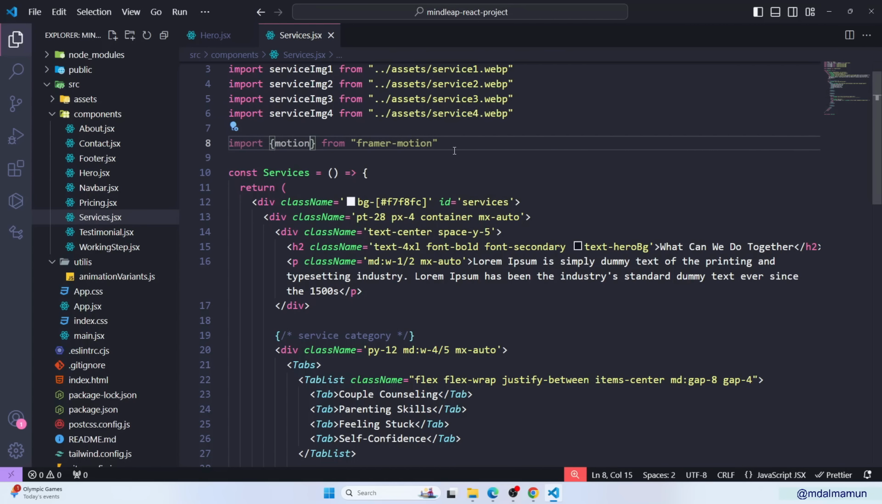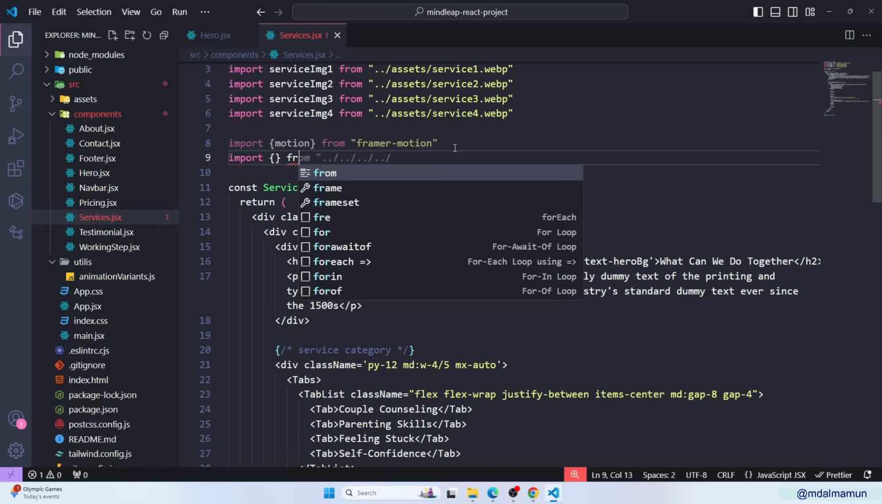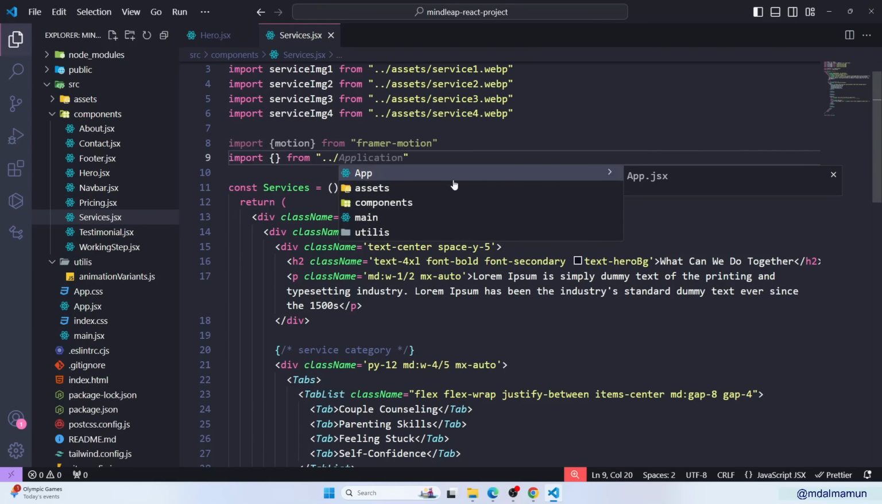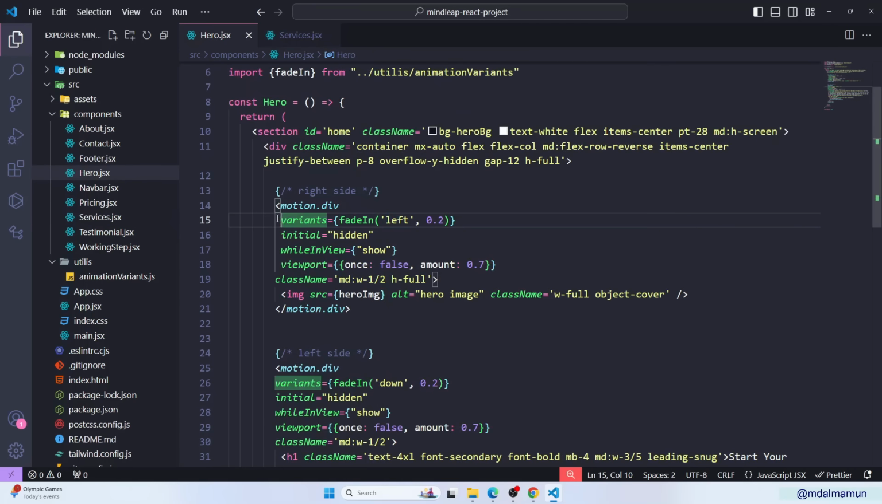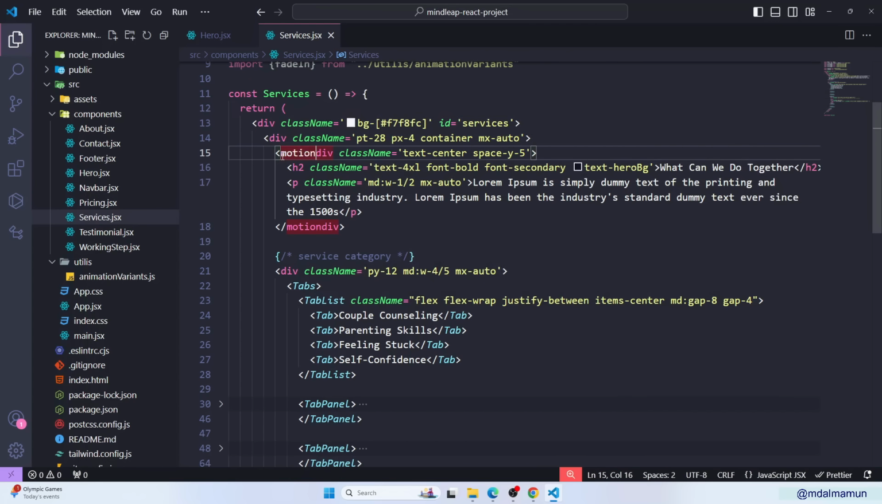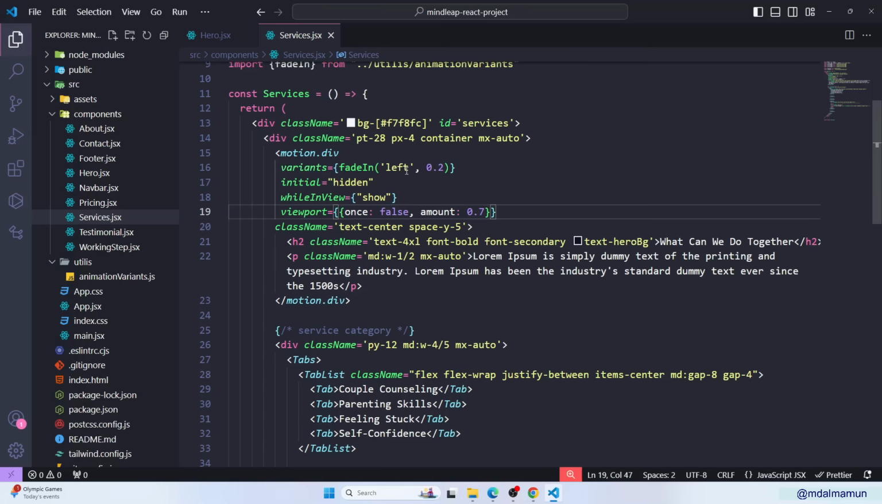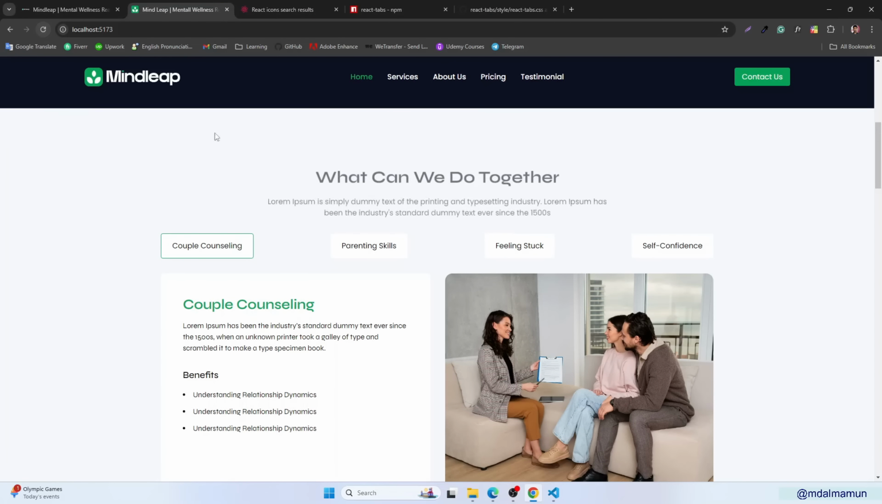We'll call motion here, and then we'll import the fade in animations. So that would be from dot slash utils slash animation variants. So that is actually fade in. And now we'll copy all of these variants, and to viewport we'll have to copy these 4 lines, and we can keep it here. We'll have to define motion dot, and then here actually we can paste it. Instead of left, we can simply define that will be up, and let me check it. So if you refresh now, you can see it's up,